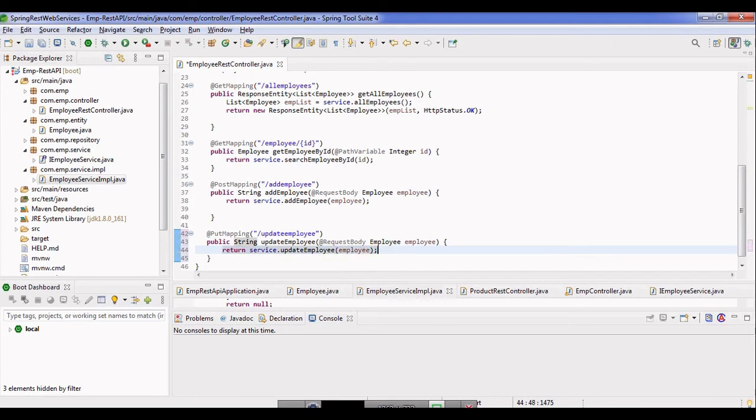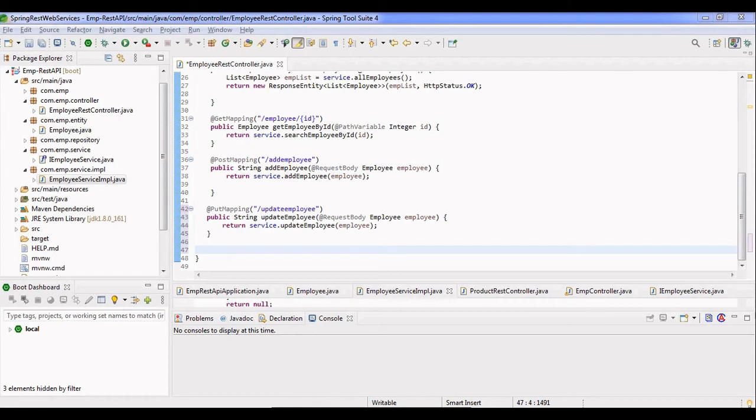It's consuming the employee which is being passed in the request body, and this employee object gets updated. Okay, so we are done with this.